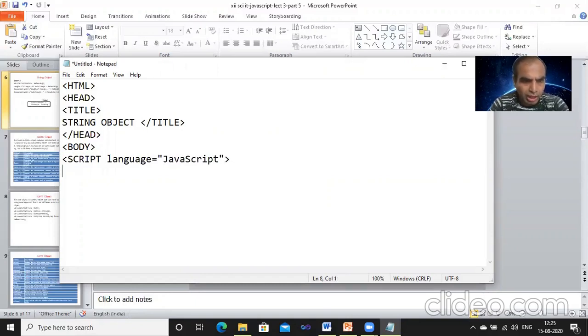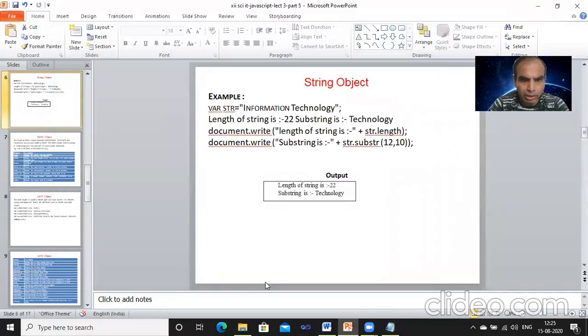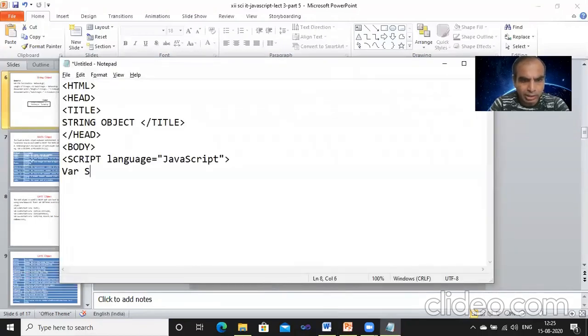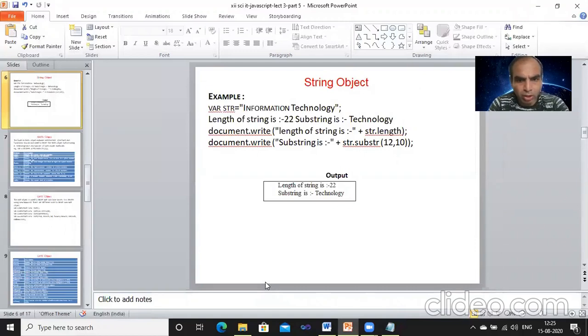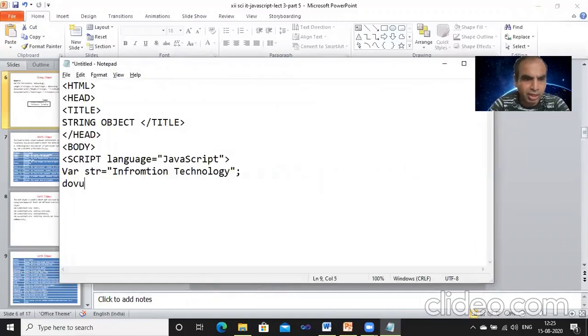Then we are writing the code. What is the code? Variable string: var str is equal to, we are passing the value information technology, semicolon. After that we want to find out the length of the string, so we write document.write, and then the text part, length of the string is.